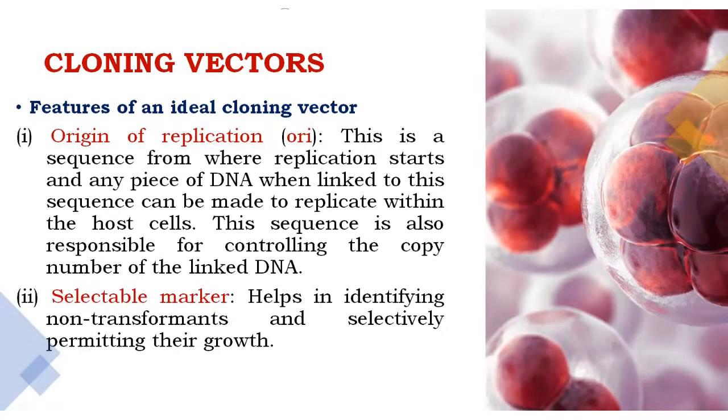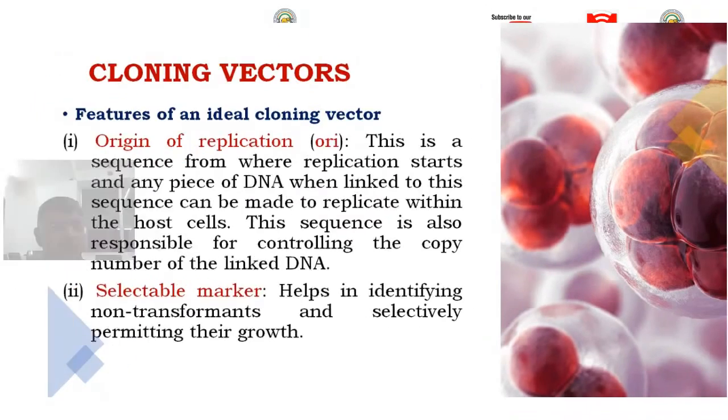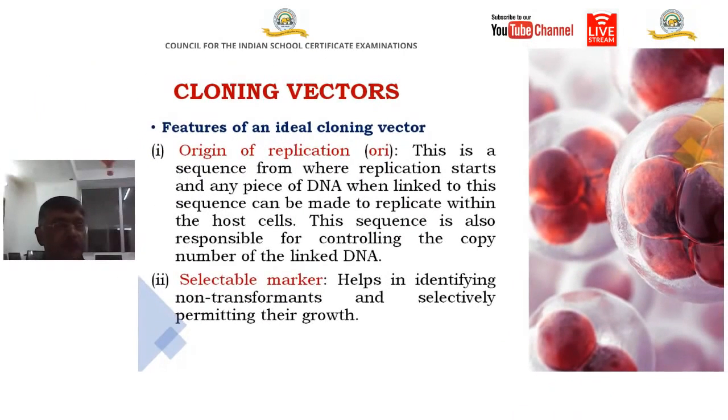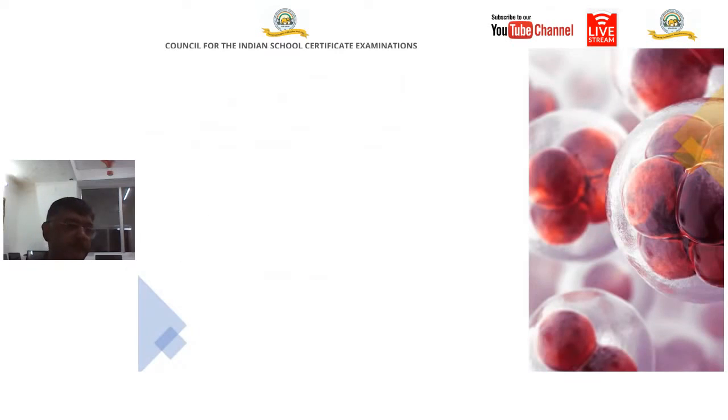Next requirement in an ideal cloning vector, it must have a selectable marker. This selectable marker helps in identifying which host has actually picked up the foreign DNA. So it is literally a marker which helps in marking the transformed host, the selected host, so that it can be used for further processes. And